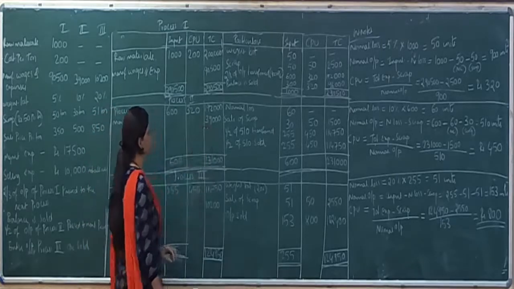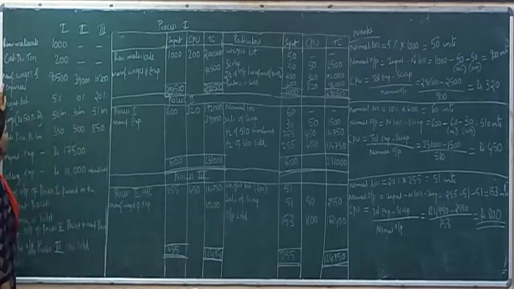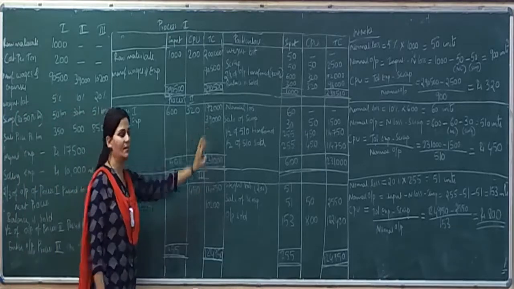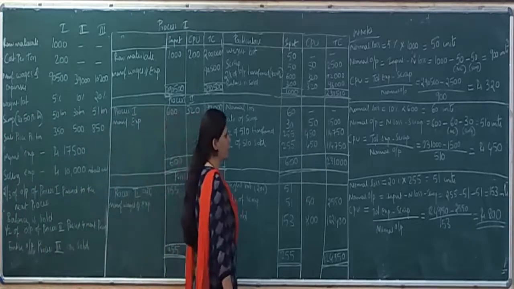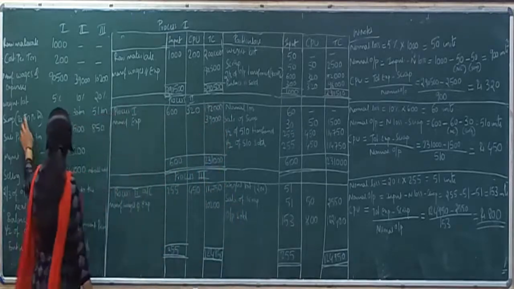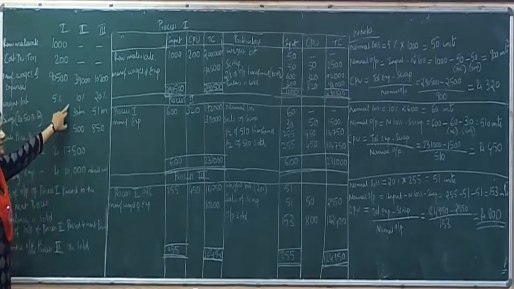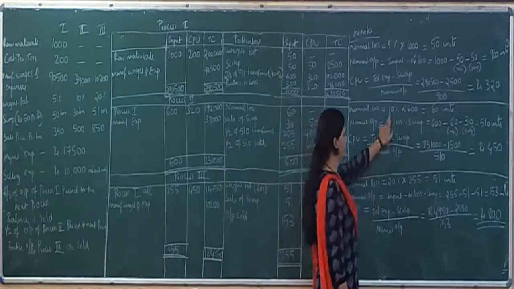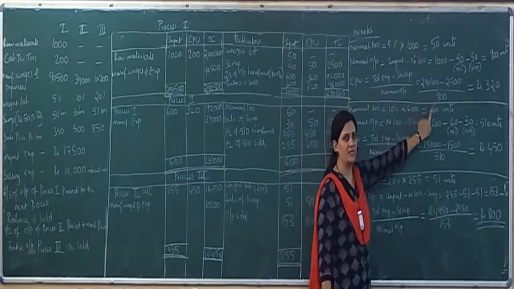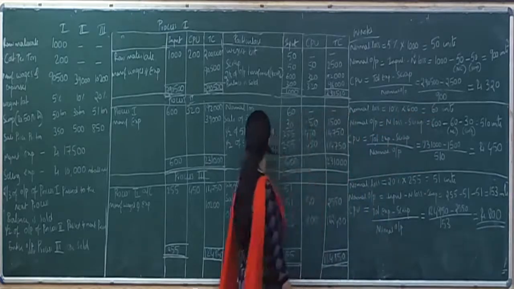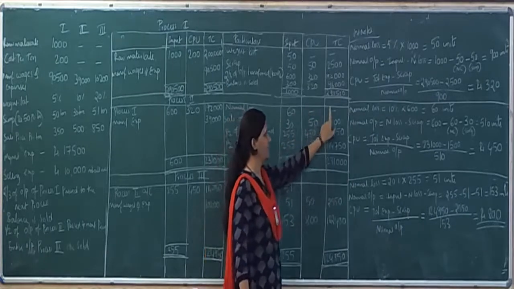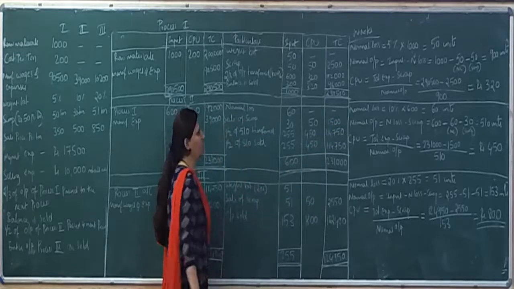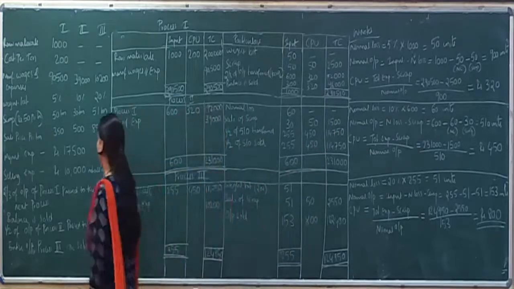In the same manner, we need to prepare the process 2 account. The amount transferred from process 1 is 600. The same we have written in the details, and here they have given manufacturing expenses for process 2 as 39,000. So that is recorded over here. And then we have normal loss. How much have they given in the problem? The normal loss or the weight lost is 10%. So 10% of the input has to be considered. 10% of 600 is 60 units as the normal loss, and it has to be recorded. Since CPU is not given, we are not writing any total cost over here.